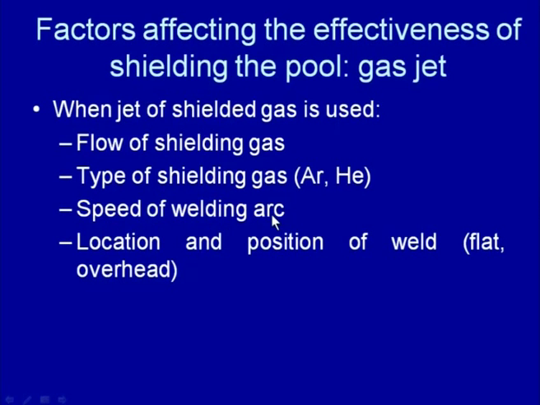The speed of the welding arc when this approach is used also affects the protection to the weld pool. Higher speed may allow the entry of atmospheric gases into the arc region, and the weld pool may come in contact with the atmospheric gases, which can lead to contamination. So, a slow welding speed will form an effective cover all around the arc and the weld pool, so it will provide very effective shielding, while too high a welding speed can lead to the contamination of the weld pool